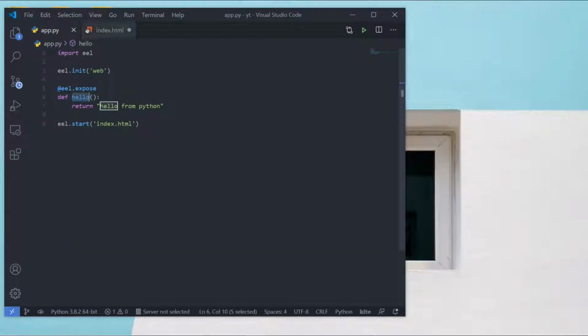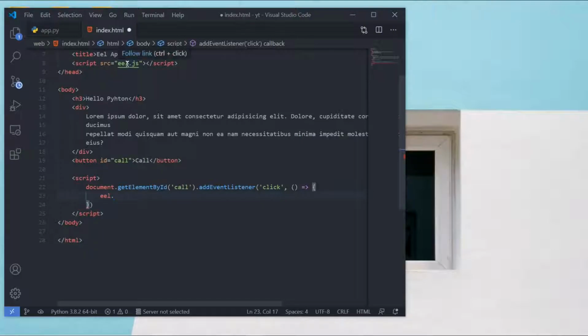Okay, so this function is actually exposed to el, so we can use the el.hello to run our code, and then